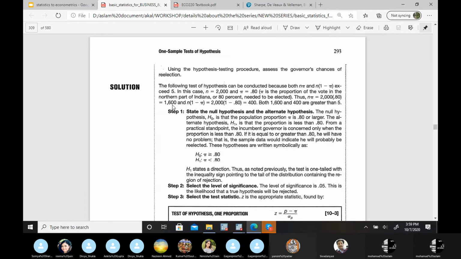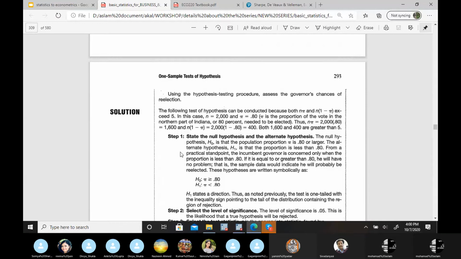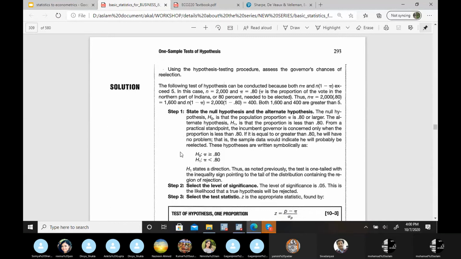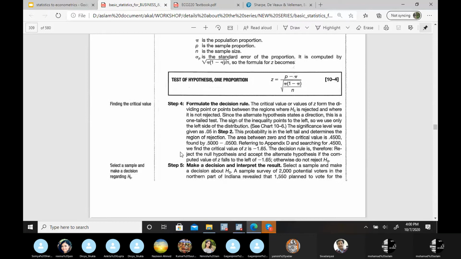Now, first thing, we set the null hypothesis, right? The null hypothesis here is that we assume that in the pre-poll we will get at least 80% proportion of those who are going to select this particular candidate. He needs at least 80% or more, so that's the null hypothesis. If it's less than that, that's the alternate. The alternate means he's not going to be elected in this particular election based upon the pre-poll survey. So we have this population proportion. Now we need a sample proportion. The sample was 2000, they did this particular survey.